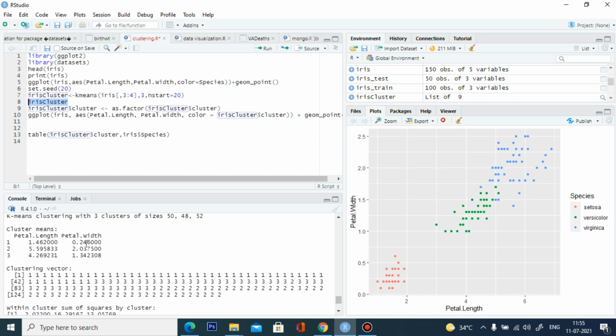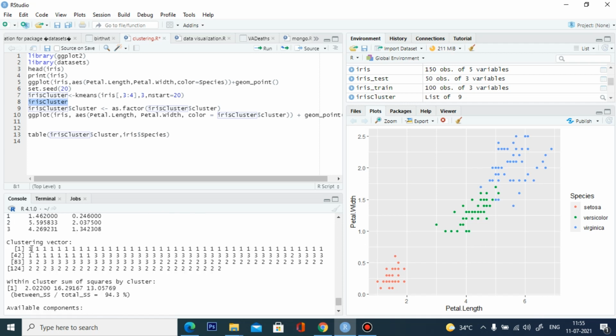For petal length and petal width, this shows the mean values. In the first cluster the mean petal length is 1.46 and petal width is 0.2. In the same way, the center and centroid values are shown here. This is the clustering vector, which shows which points belong to the first, third and second clusters.